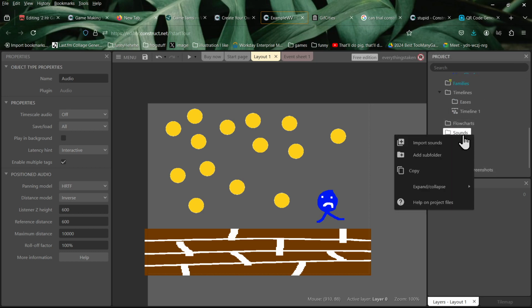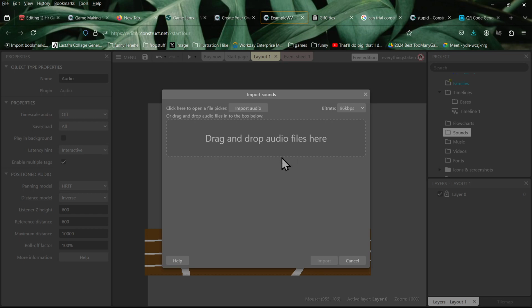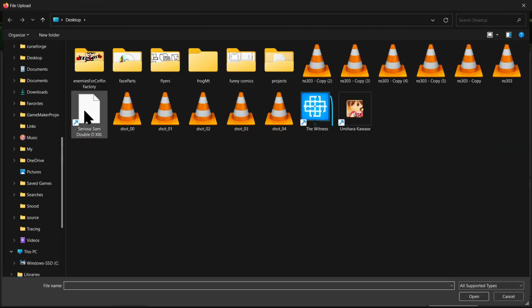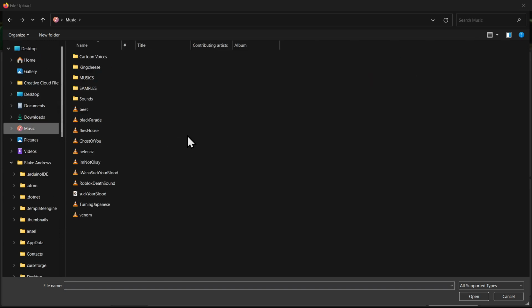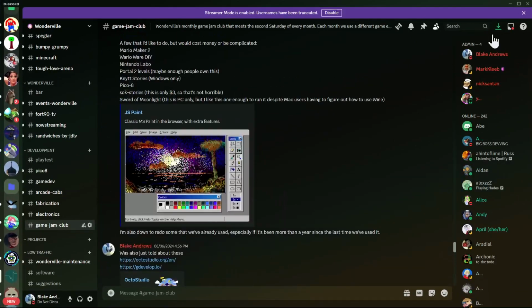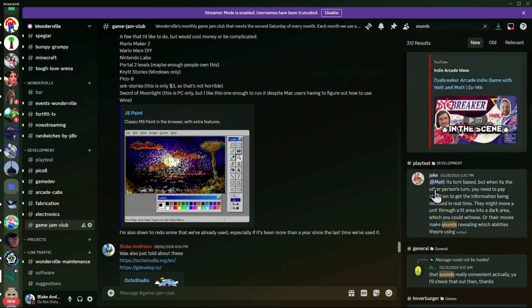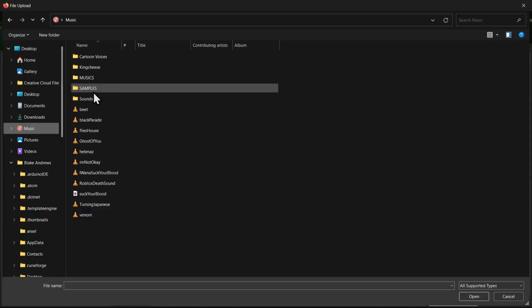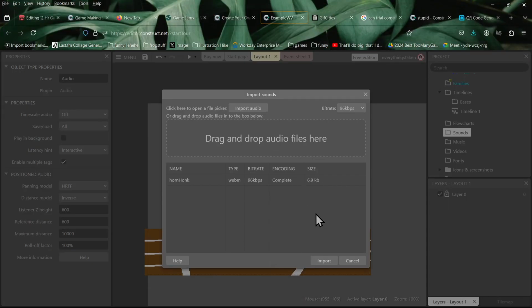But the next thing you want to do is if you want to have any sort of sound, you just right click on sounds, import sound, right? And then you can just find a sound on your computer. I think I have a library in here that I can share. I'll send a link to a folder of sound effects, but basically, if you just go in and import to sound, it should work.